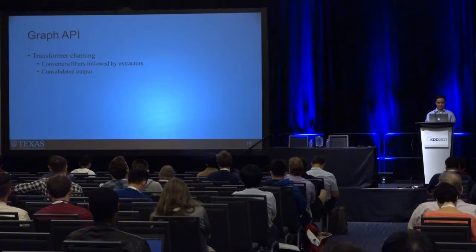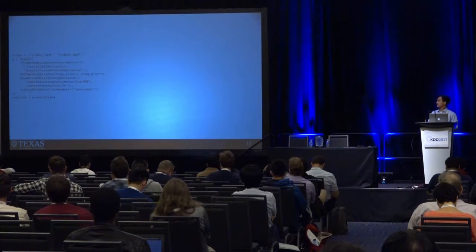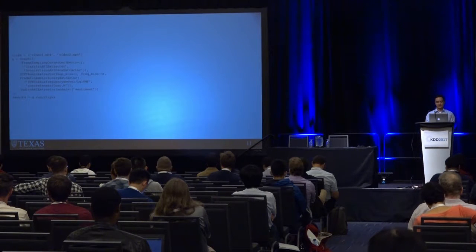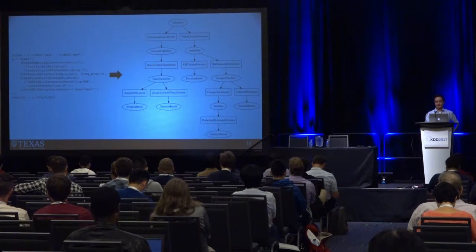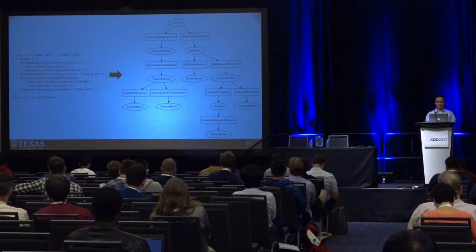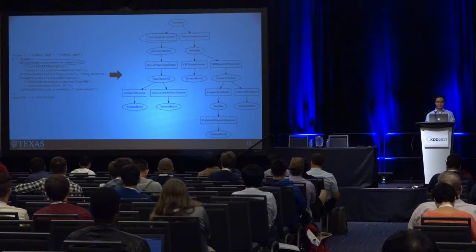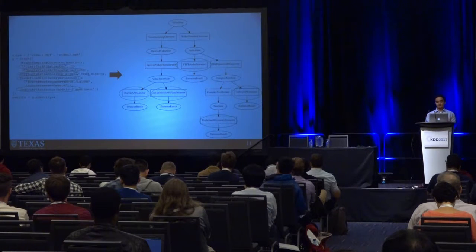I'll show a quick example. That is just some code that generates a Pliers graph. Something with that few lines can generate something that looks as complex as this. Now I'll walk through each part. The user firstly specified a frame sampling converter, which just takes in their input video and downsamples to a smaller set of frames. And then the user also asks for a bunch of different extractors that take in image,